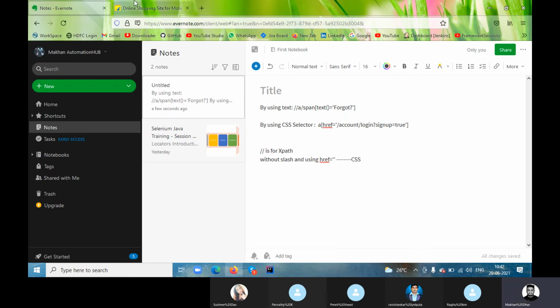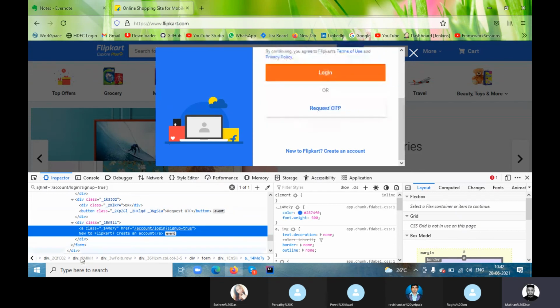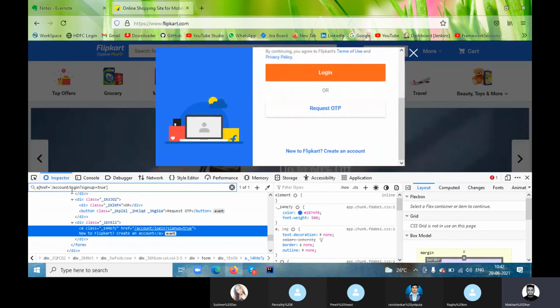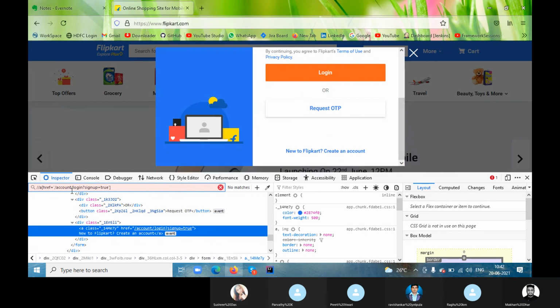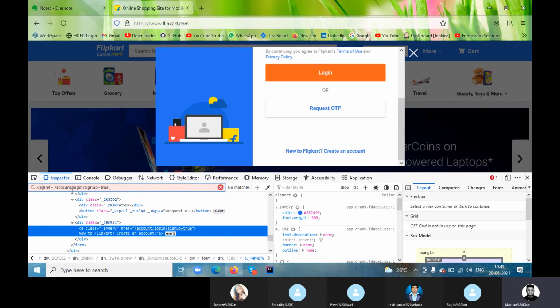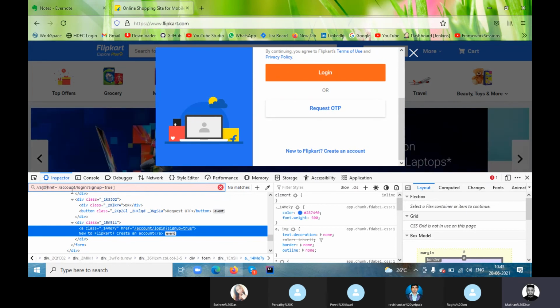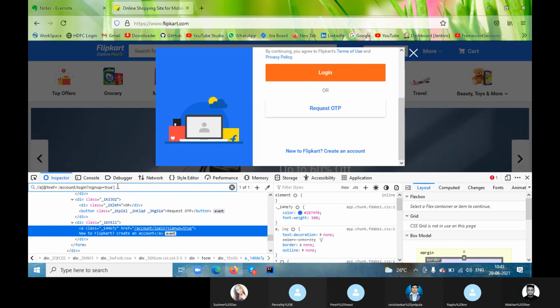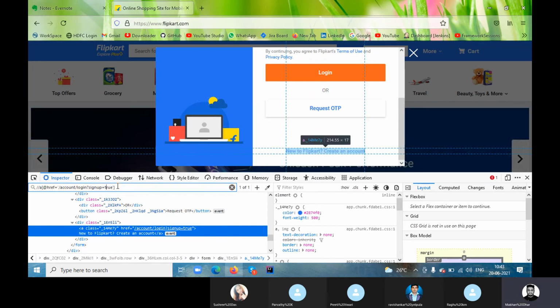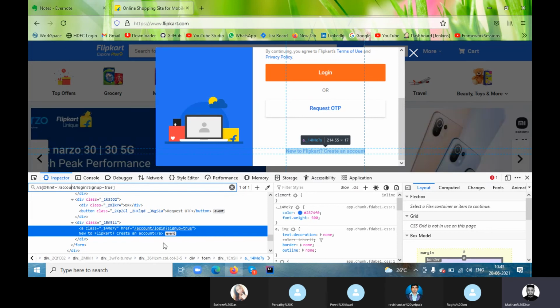If I do, for example, double slash, no match, right? If I use the @ symbol also, suppose I am assuming this is one attribute and I am trying to do it, still you are getting it, but I am just telling the examples. Okay, this is attribute that we can use.